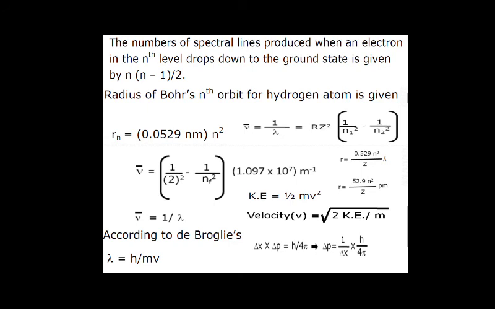Suppose kinetic energy is given to you but velocity is not given. The mass of the electron you know, and you can use this formula which is flashed on the screen here: velocity will be equal to the square root of 2 into kinetic energy over m. By using this formula you can calculate the value of v, and you can put that value of v into the Heisenberg uncertainty principle, and thereby you can calculate accordingly what they asked you.